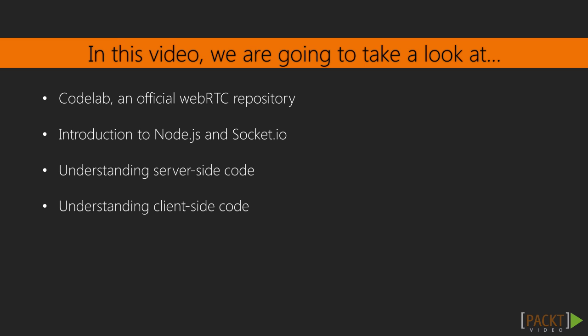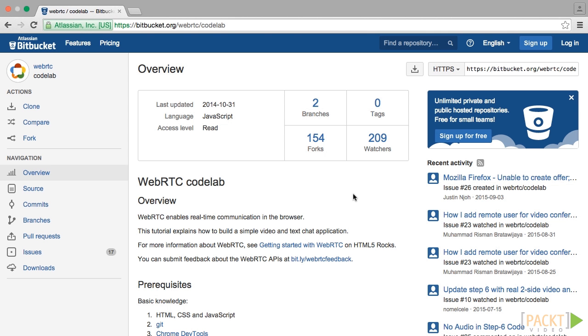In this video, we are going to learn about HTML5 and JavaScript. In the end, we'll also see some parts of the code, where the media is asked for and the signaling room is created. In the previous section, we followed the codelab example from Bitbucket's repository. It's the official WebRTC example from the official Bitbucket repository. You can access the repository from